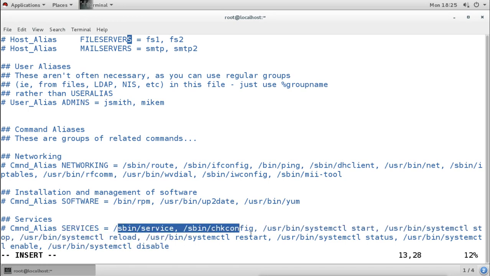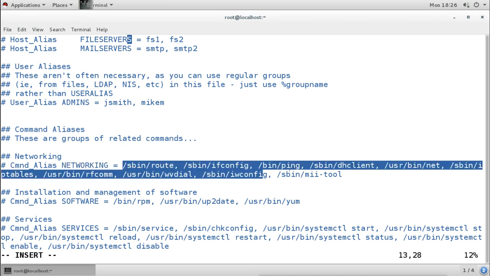Now these command aliases are not enabled. If you see, these are commented. So if I give some user the networking command, then it will not work because the alias is not configured here, it is not enabled. So if I mention networking to some user, then I have to remove this hash from here, then it will get enabled, and then the user knows what networking means. Networking means these commands.